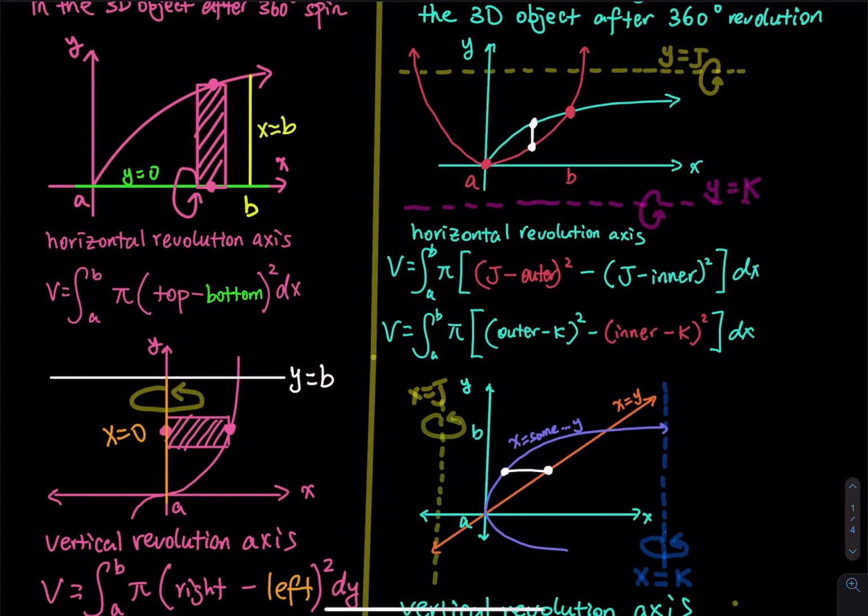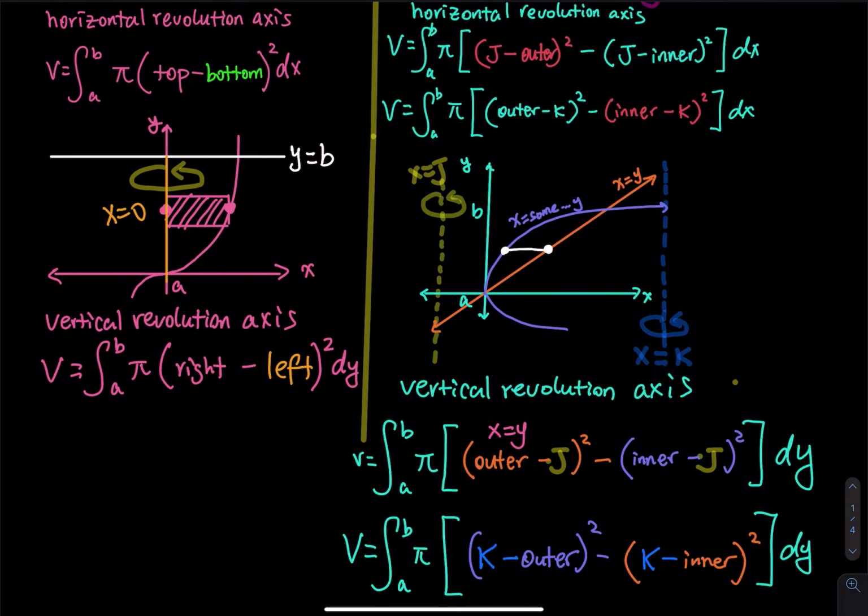And then last but not least, we have a washer, and this time we have a vertical revolution axis, x equals to k and x equals to j. And then the area is bounded by two curves, x equals to y is a straight line, and then we have a sideways parabola, x equals to some y. Don't worry about what the function is. So first of all, we have a rotation about x equals to j, vertical, then we will be using a